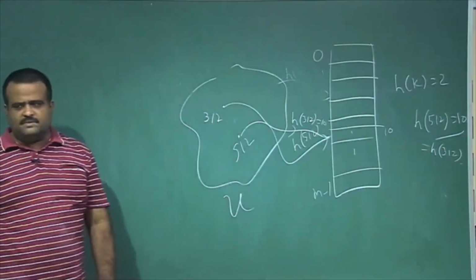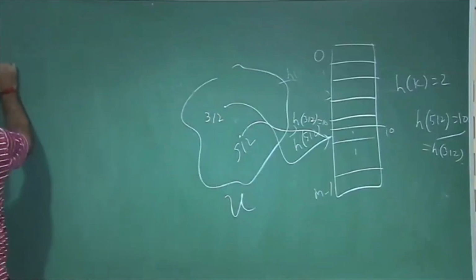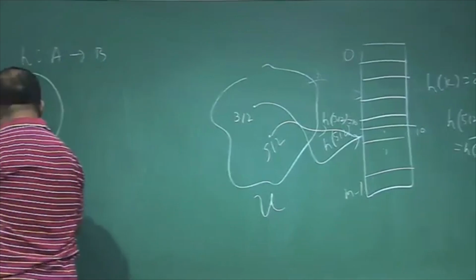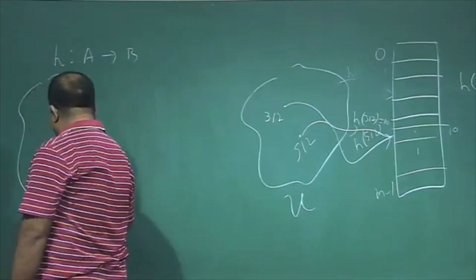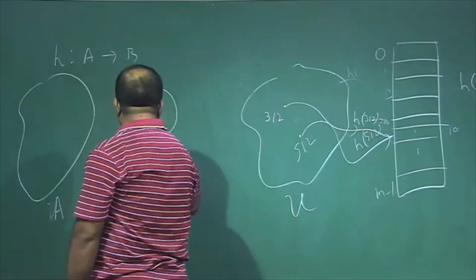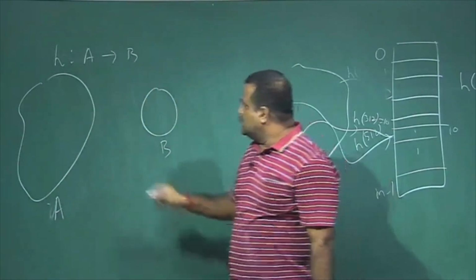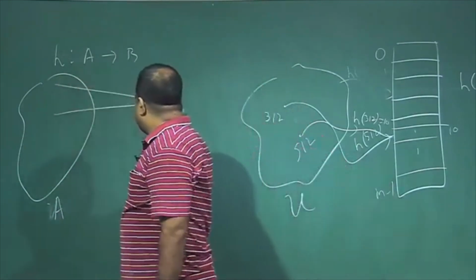This is very much possible, because h is a function from A to B. A is the universe set, and B is a very small set, because the number of slots is very small. So, there has to be collision,